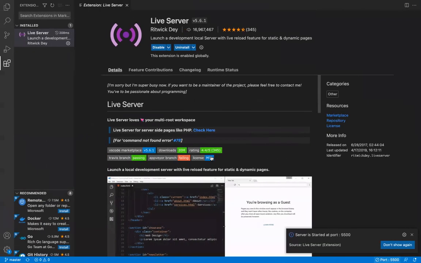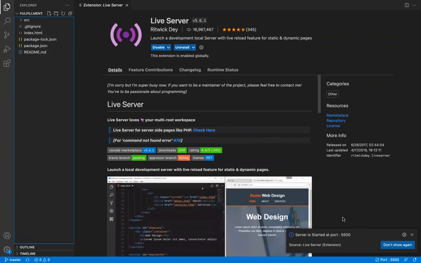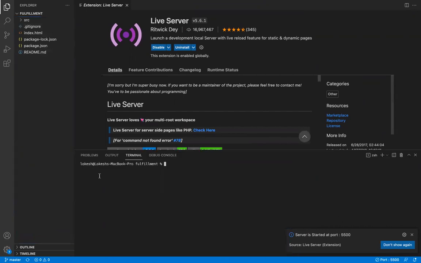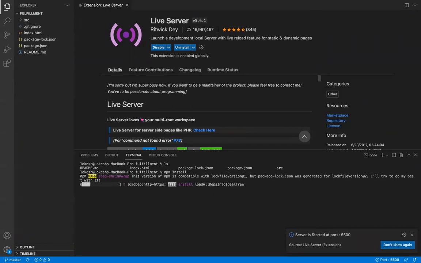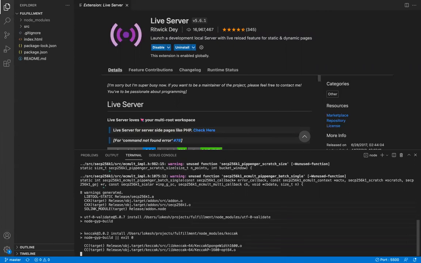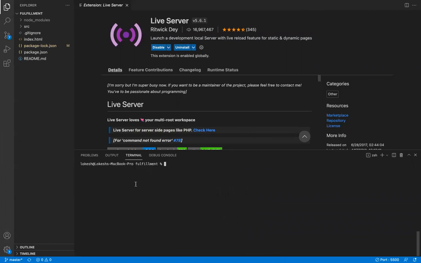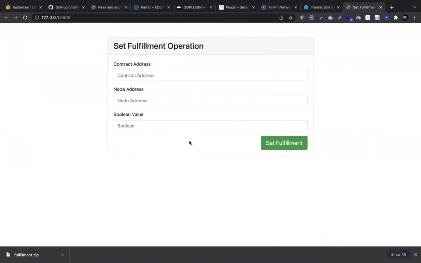And before that, I forgot a step. Just go to this server, and then you will have to do an npm install. It requires all the necessary packages. I'm sorry about that, we have to do it. Just do npm install, and it will install all the necessary packages for you. Okay, it is done now. Whenever you use Live Server, whatever changes you are making, it will automatically pick them up. Okay, don't worry about it.